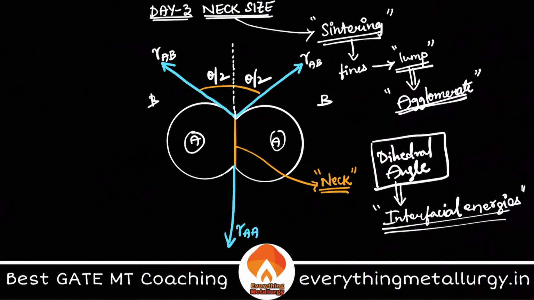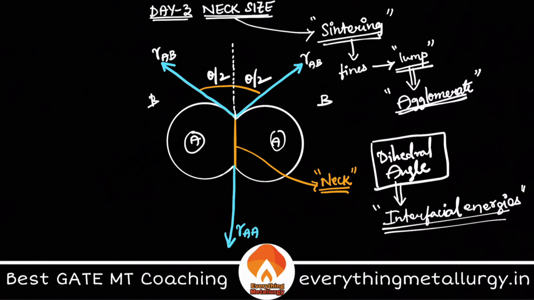What we can do further is use some calculation. We know that this is a state of equilibrium. Let's say that apart from this particular neck, it is not increasing or decreasing. That means it is the final shape of my center. At that particular stage, what should be there? My interfacial energies, the net forces acting on my body, should be equal to 0. That's what the basic definition of equilibrium tells us.